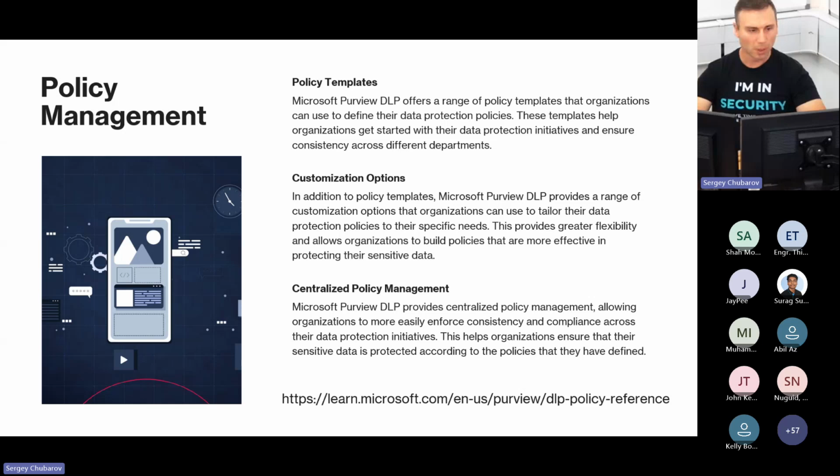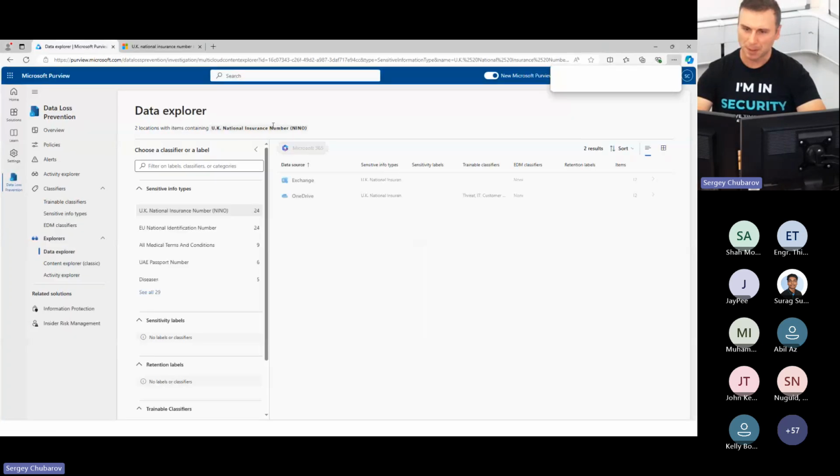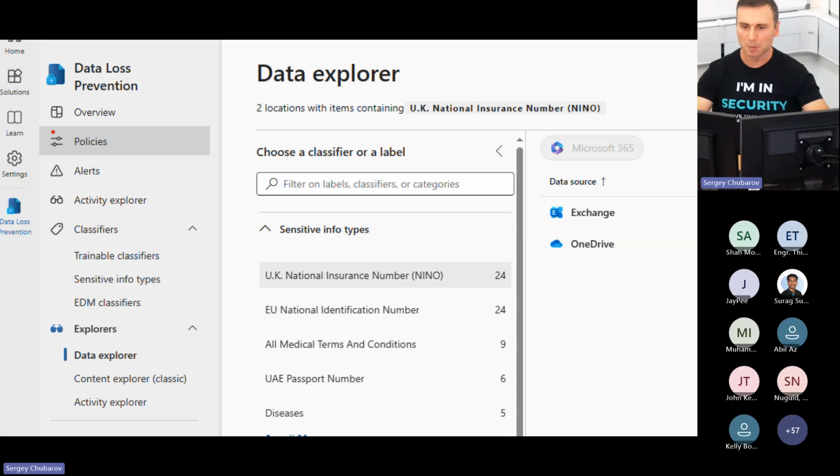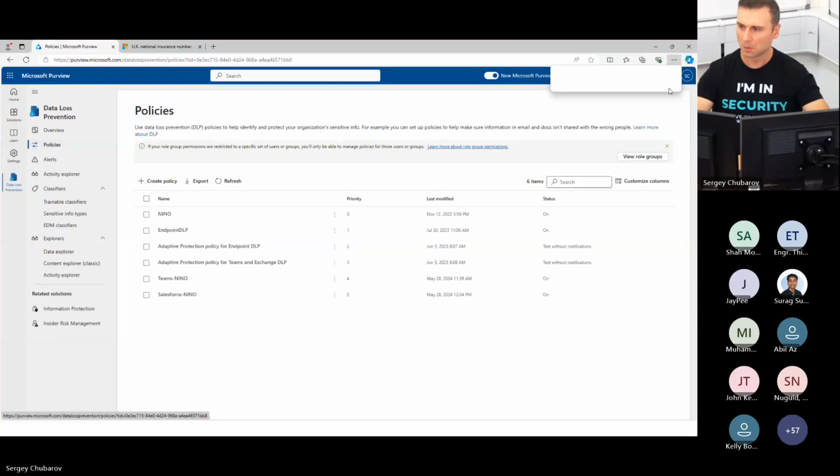Let's see where we can find those policies. I can go back to DLP. This time, I will go to policies. Here you can see my list of policies. I'm going to show you those policies that I already pre-created. I'm going to show you the effect of those policies soon, but now let me quickly show you how a policy looks like. If I click create policy,